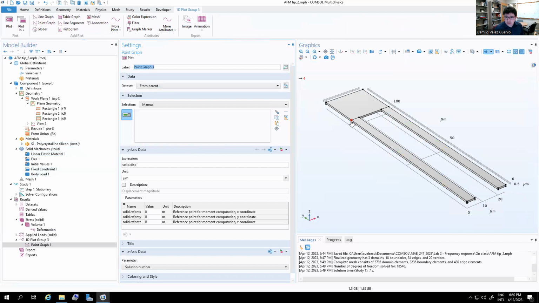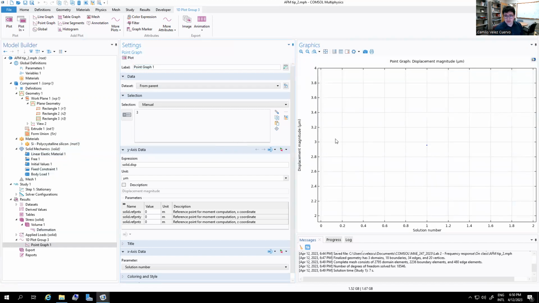In fact, I'm gonna use the deflection of this point here, the deflection at the end of the beam, so we don't consider the deflection of the mass. And we're gonna plot. And the deflection of the beam is gonna be around 3 microns for that size with that input. Now, if we want to do the time domain,